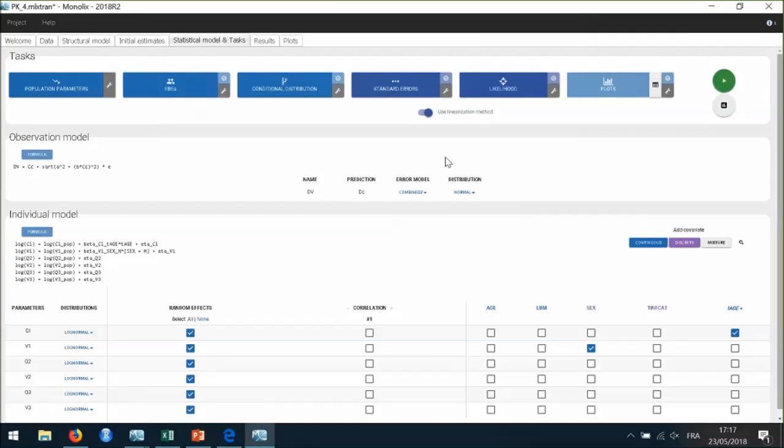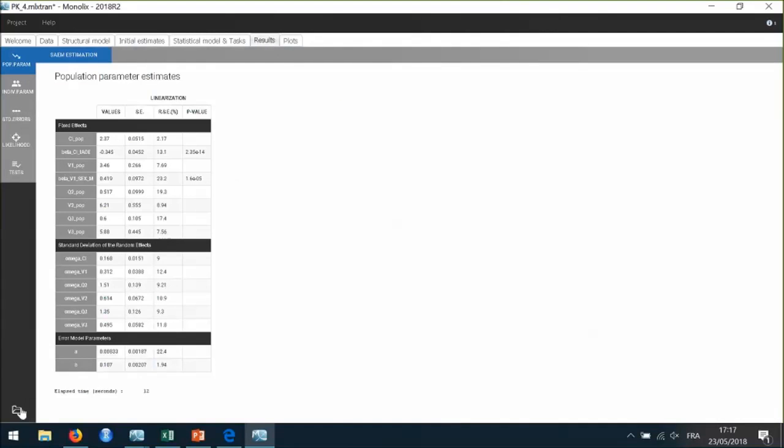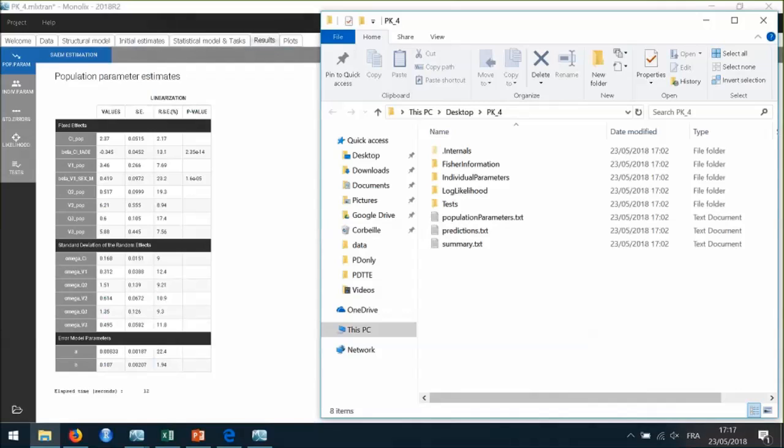Okay, so the next question is about the outputs. How do the outputs in Monolix compare to those in other software, such as NONMEM or Phoenix NLME, for instance? So we can have a look at the outputs in the result folder.